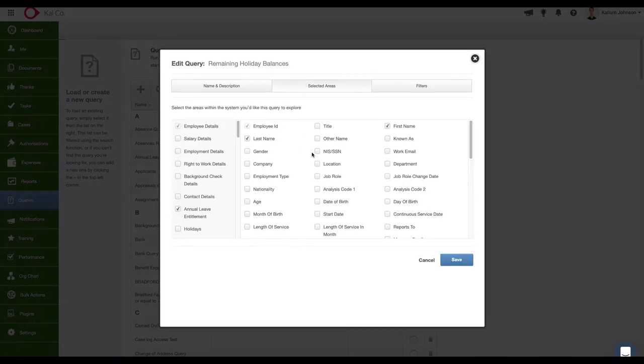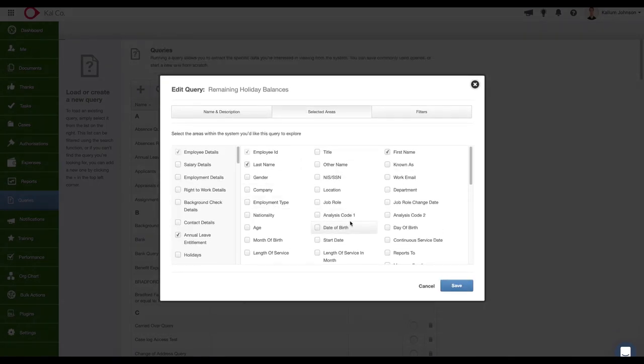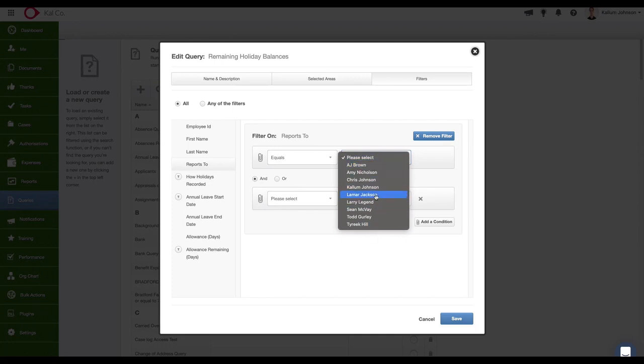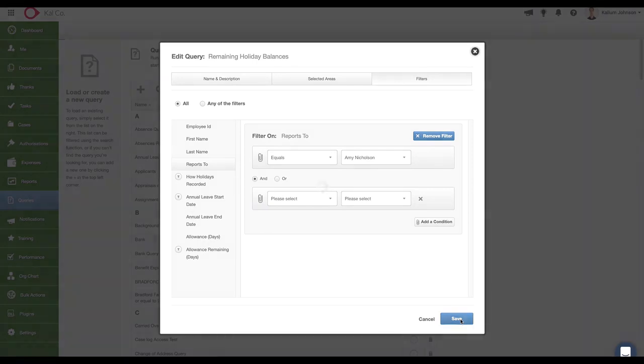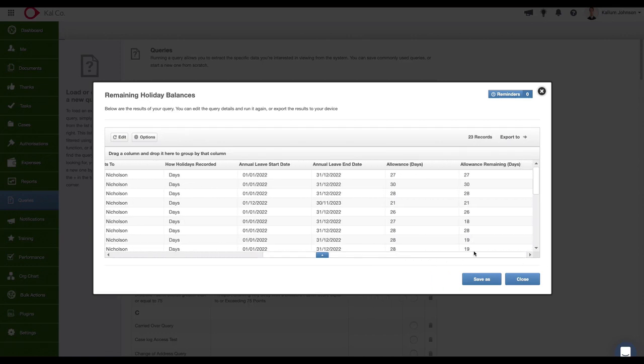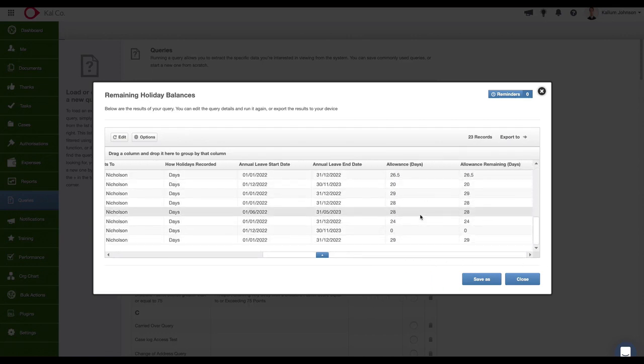But then we might want to say, only show me people that report to a certain person. So we might want to say, only show me people that report to, and we'll specify a specific manager here. And this will only give us a list of managers, so we don't have to look through the whole company and try to find the manager's name. When we are using the reports to field, it's clever enough to know who's a manager, who's got someone reporting to them. And then we'll grab someone and we'll grab a team. So now we'll see specifically Amy's team. As you can see here, she's got 23 people in her team,